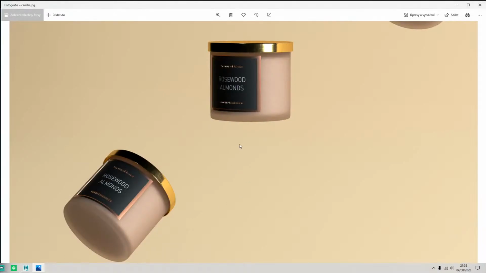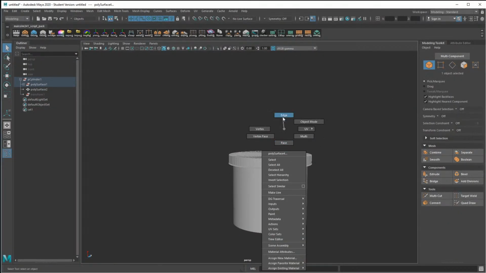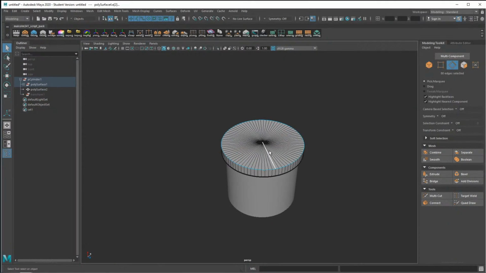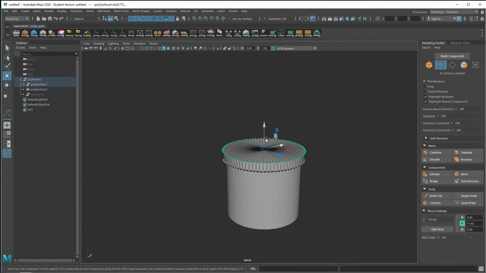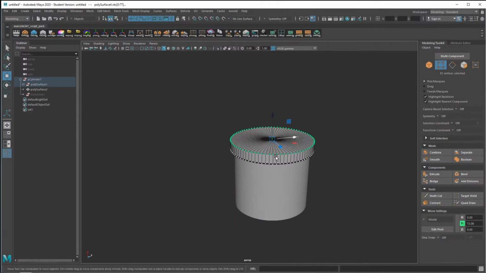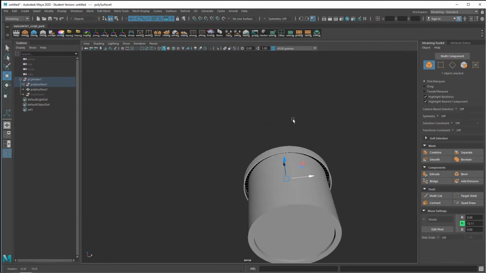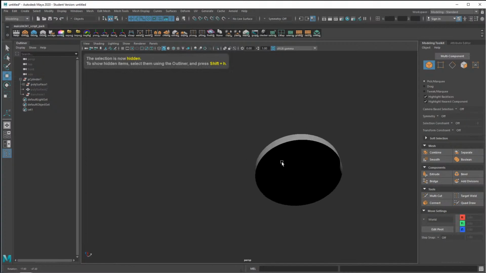Just double check how it looks. Yeah, it should look somewhat like this. And maybe you want to select all the vertices on top, move them up a bit, more up, yeah, somewhat like this. And now we need to create the inside. So I'll hide everything